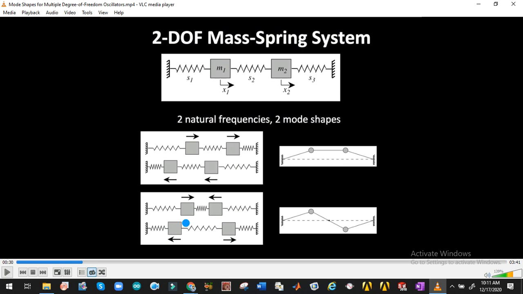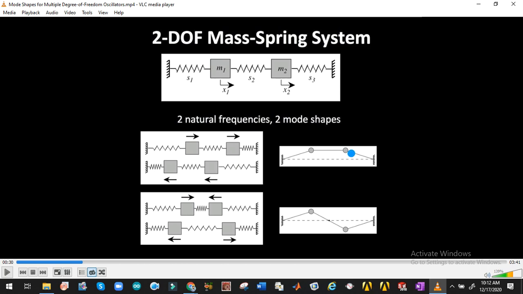In the case of analytical models, we will solve 2 degrees of freedom and 3 degrees of freedom systems for the mass spring system, compound pendulum, coupled pendulum and torsional vibration case. So we will find multiple equations of motion, multiple natural frequencies and multiple mode shapes. I will let you know how to draw the mode shapes